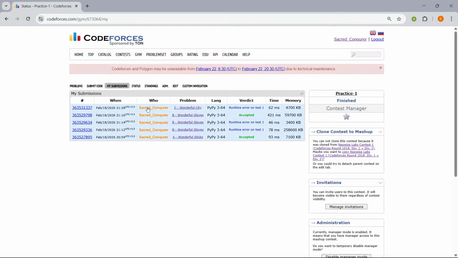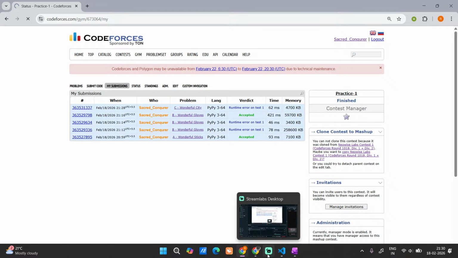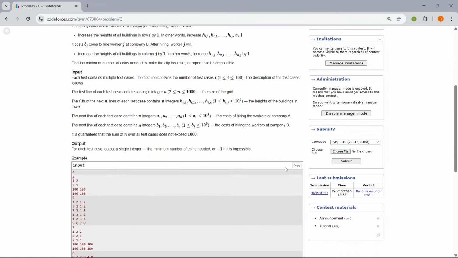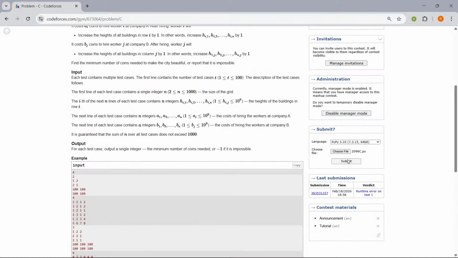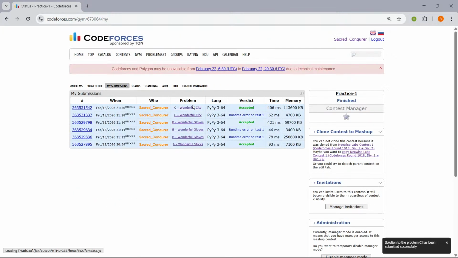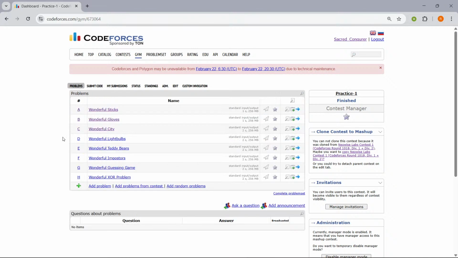I'll resubmit it. Buffering is always an issue with Codeforces, I don't know why. Even before it loaded, it showed me accepted. We'll go to problem D.